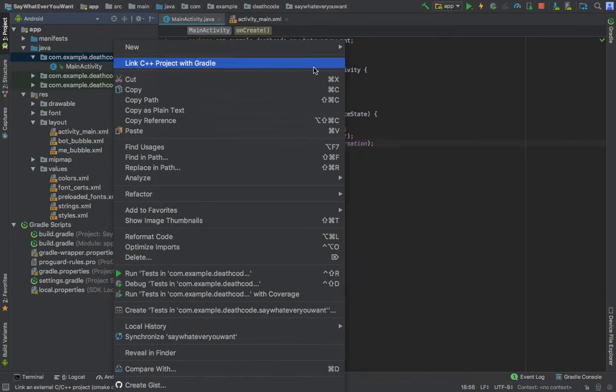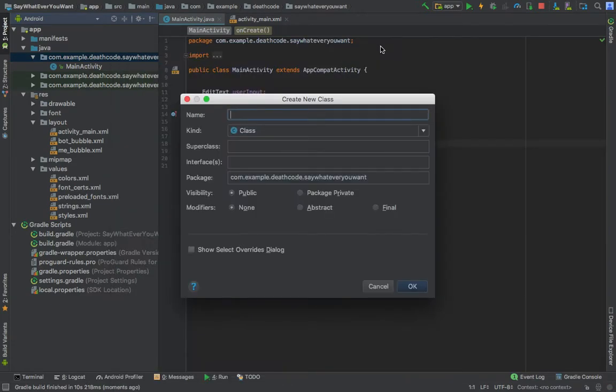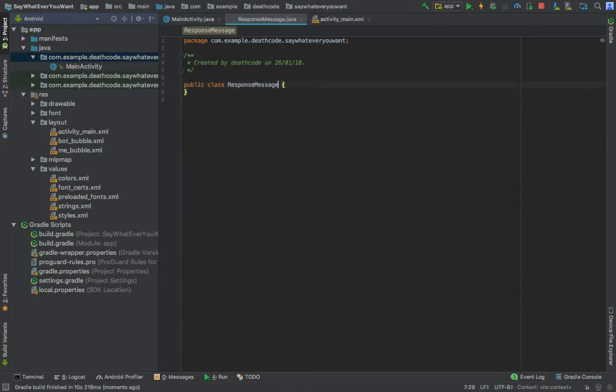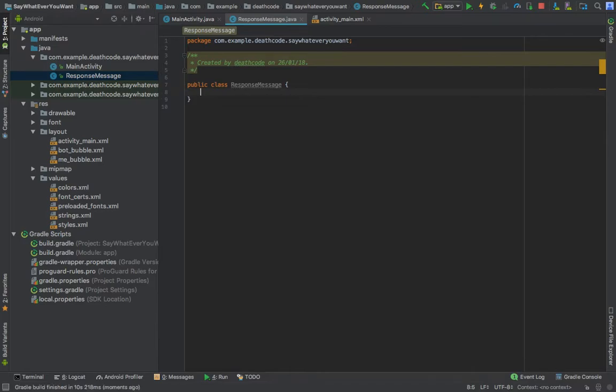First one is we need to make a model class or the project class. Just create a response message class, and if you go to that, just create two variables. For this dummy application we just need the string text message and a boolean variable that tells whether it's bot